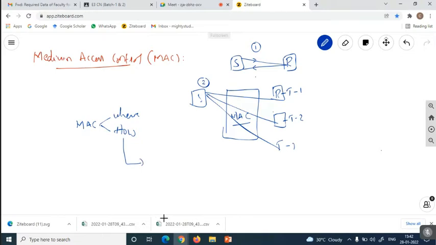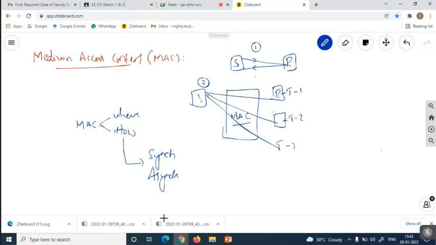How data transfer is handled by this medium access control is in two ways: one is synchronous, and the second is asynchronous. Synchronous means all the terminals are going to carry traffic with the same capacity.